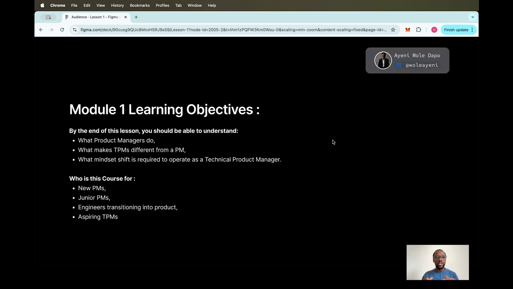Have you ever wondered what happens behind the scenes of every digital product out there? Who is responsible for calling the shots? Who is responsible for giving the go-ahead and the product direction, even before any single line of code is written? Today, we'll be looking at who is responsible for it, what they do, and how they do it.